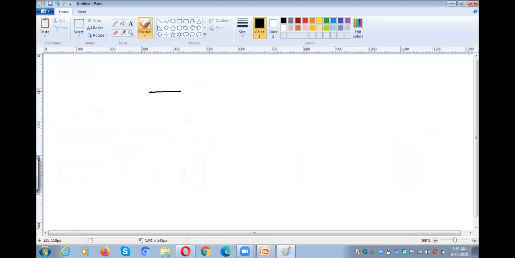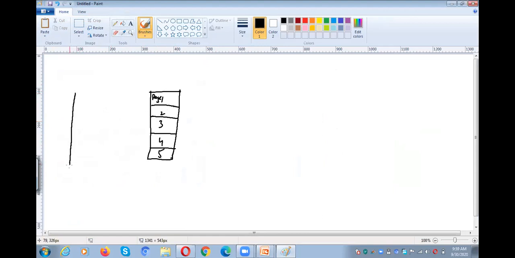For example, this is the main memory. In the main memory, we have 1, 2, 3, 4, 5. So these are the pages: page 1, page 2, page 3, page 5. Okay.